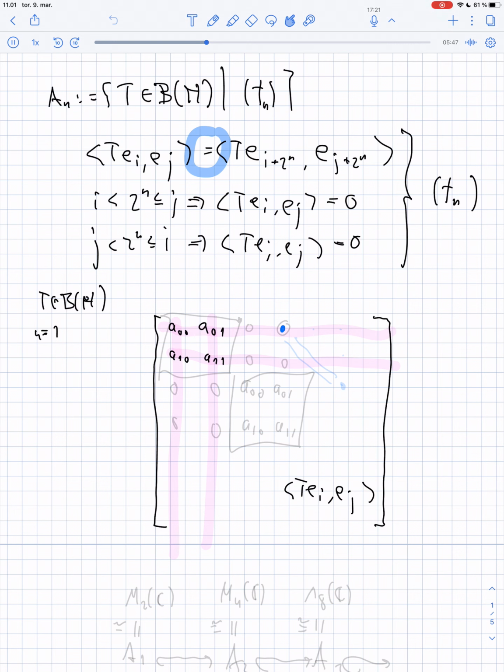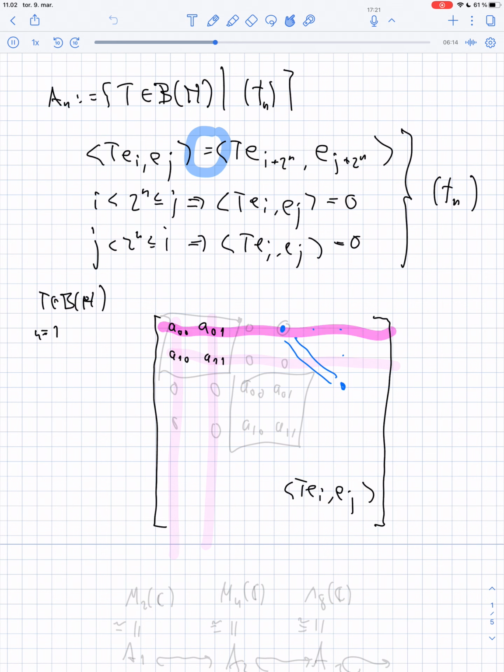If I put little dots here, then whatever is written at these two big blue dots will have to be the same. And so clearly this means that if I've told you, for instance, what we have in the first two rows of this matrix,